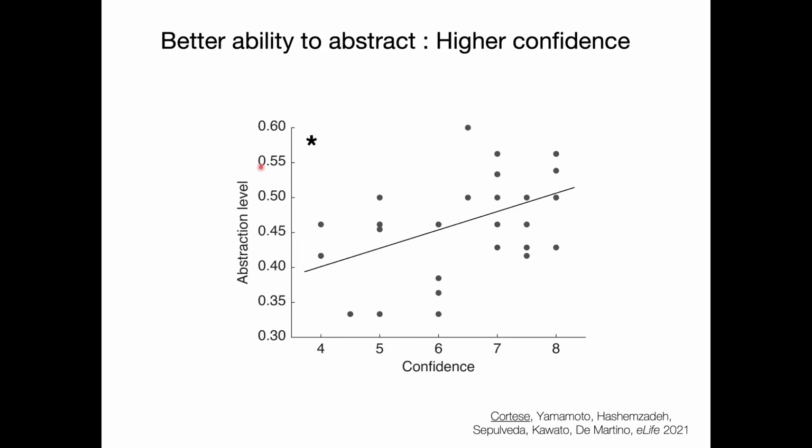Now, when we look at the confidence, I think this is again a particularly interesting result, because it goes back to the hypothesis that this confidence really is related to more efficient reinforcement learning, one way or the other, either causally or just as a correlated function. But still, we see again that those participants who were more confident in their overall performance were also those that had a higher abstraction level. Sorry, I just noticed that here the abstraction level is between 0 and 1, and before it was 1 and 2, but it's exactly the same measure.